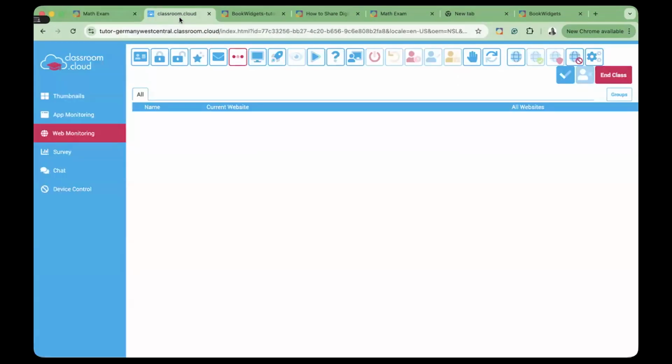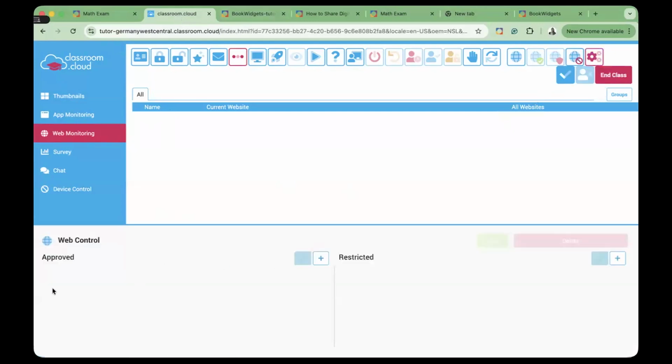So I have my screen here and it's set on Classroom Cloud. This is a monitoring system where you can push secure links to your students where they are logged into just that link that you're sharing there. What you're doing is going to web monitoring and you will be able to see all your students that are online at that time. This tool has a lot of other options too, but what we're looking for is going to the settings manage, where we're going to add